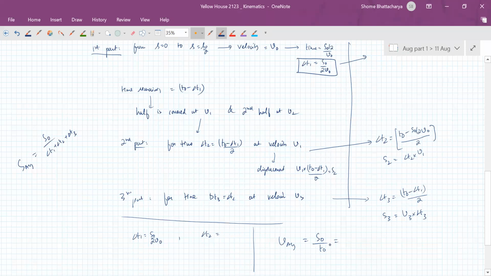Okay, now total displacement we can write as displacement in interval 1 plus displacement in interval 2 plus displacement in interval 3, divided by T naught. This will probably be easier. So what is the displacement which is happening in interval 1? It is S naught by 2. Yes, sir. So this is S naught by 2 plus the displacement that is happening in the second interval is